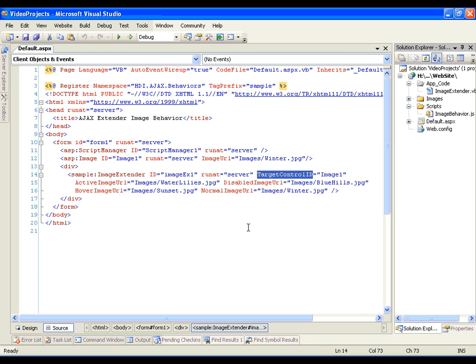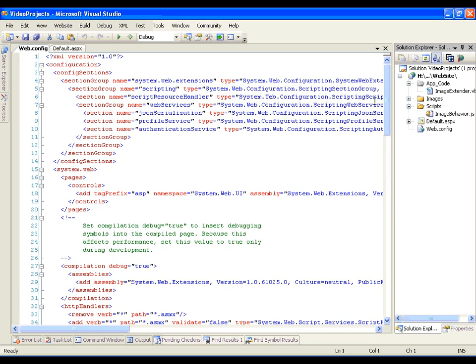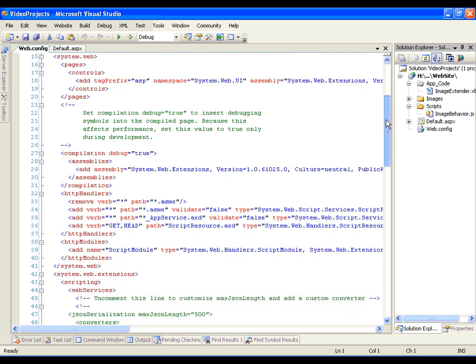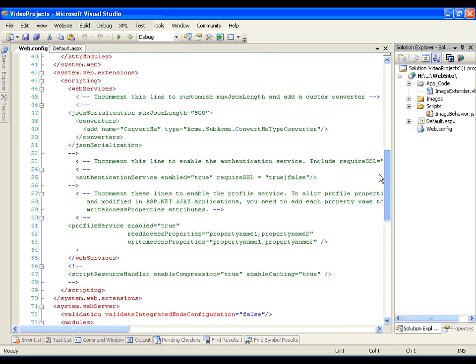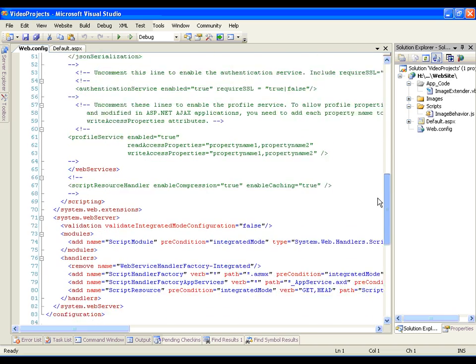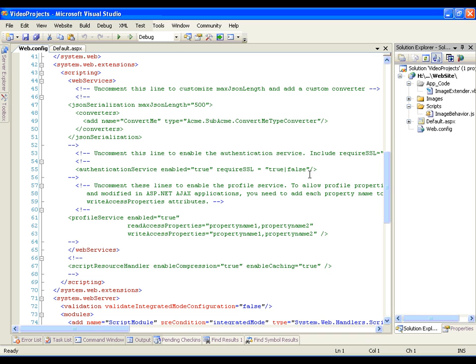Before we fire up the sample web page and look at the behavior in action again, I just want to point out a couple more things here in the project. Here are all the 4 images that we use in this behavior on the web page. And then in the web.config file, you'll notice that there are a number of sections here related to the Microsoft AJAX library. And what I wanted to mention is that I didn't have to add these manually. When I selected the ASP.NET enabled AJAX website project type initially, the project template automatically inserted all of these tags